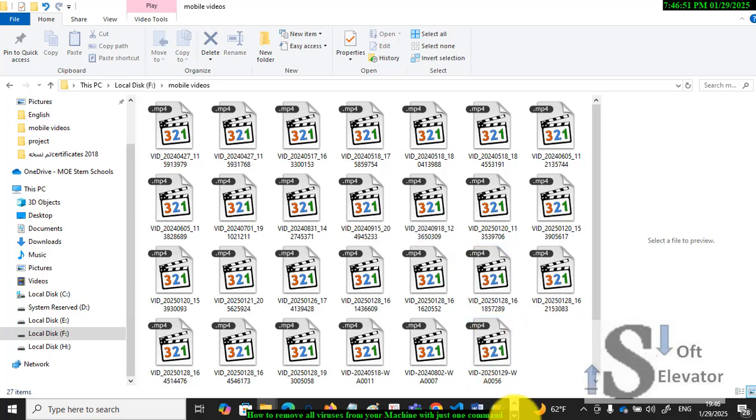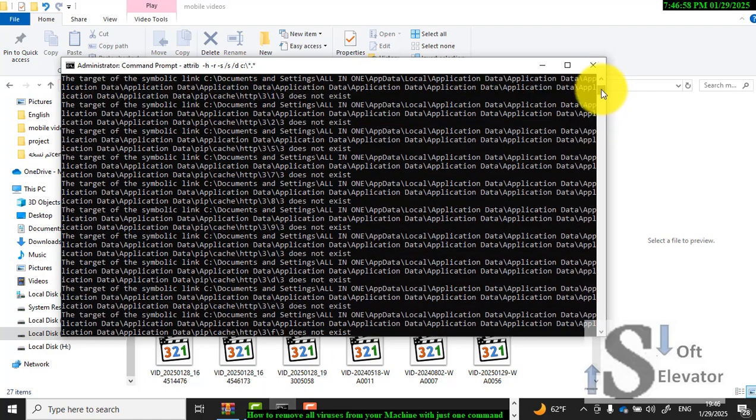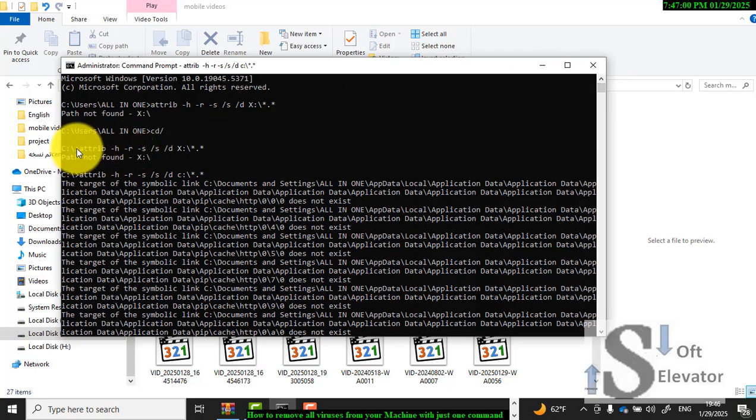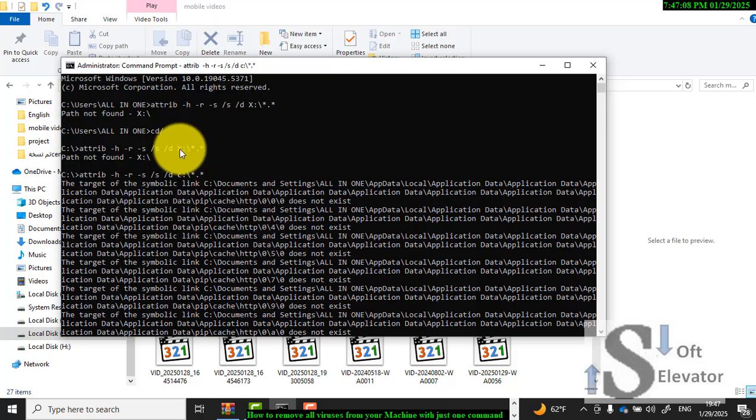Just open CMD, the command prompt, and press this line of command, this one: attrib -h -r -s /s /d. Here we put the drive which you need to clean all the viruses from it, or the inserted files,